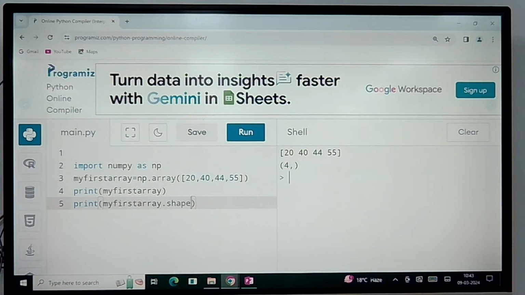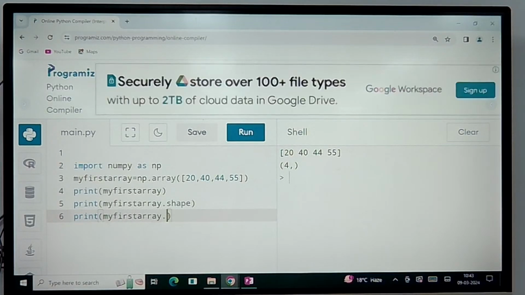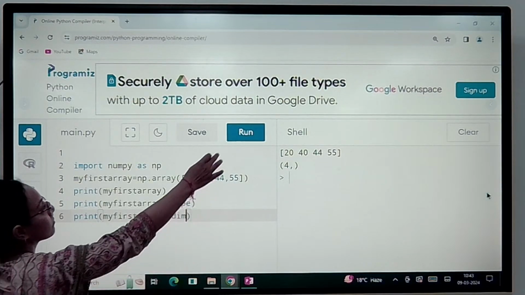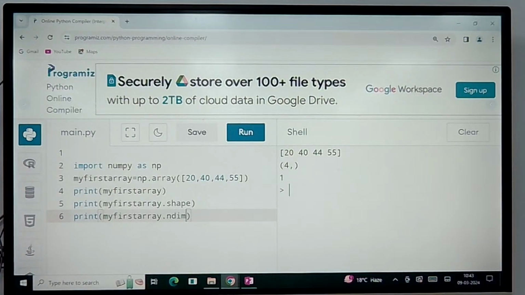Now if I try to find the number of dimensions, print first array dot, what is the function here? ndim. 1. For dtype, for the data type,